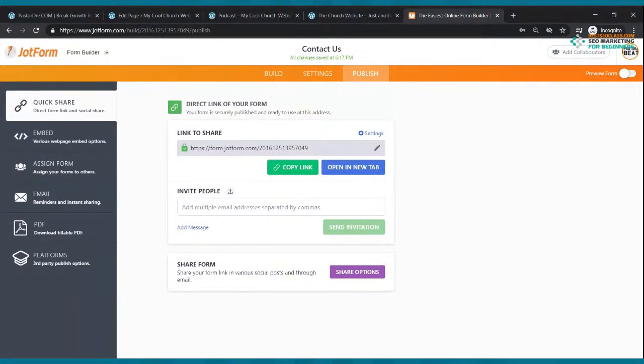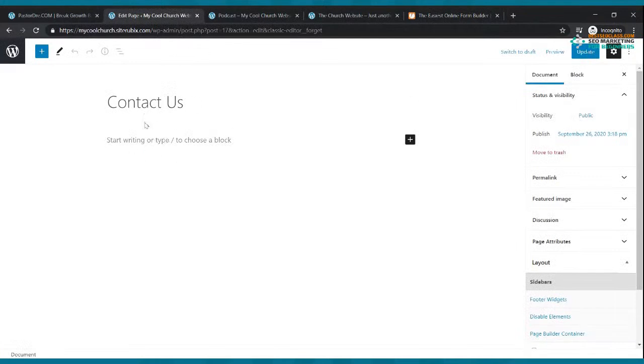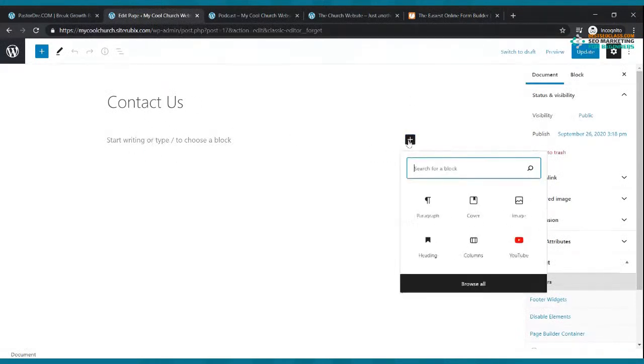Okay. Now, once you go to publish, see where it says embed? You click there. See where it says script, copy code? See that? Click copy code. Now I want you to go back to your website. You're on your contact us page. So what I want you to do is click this plus and type in